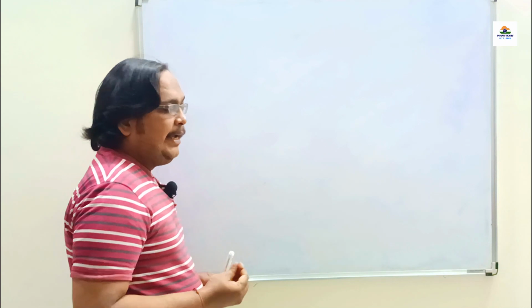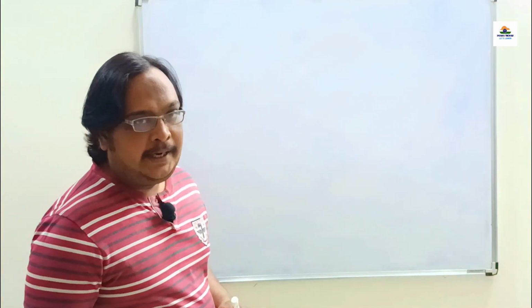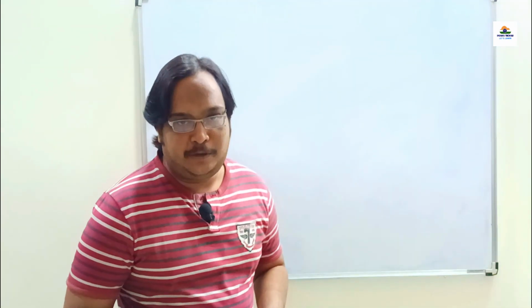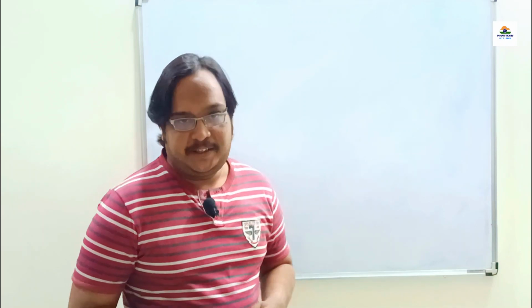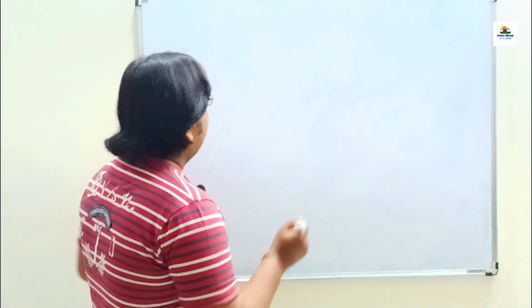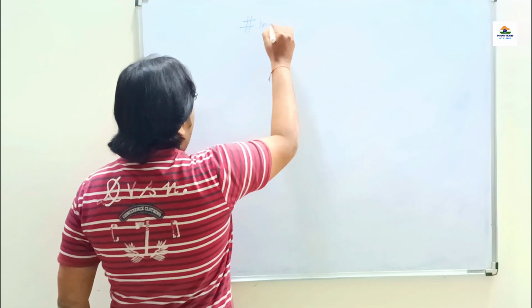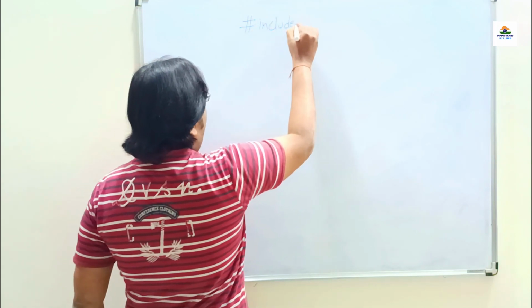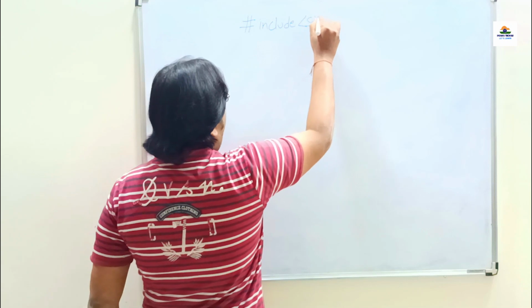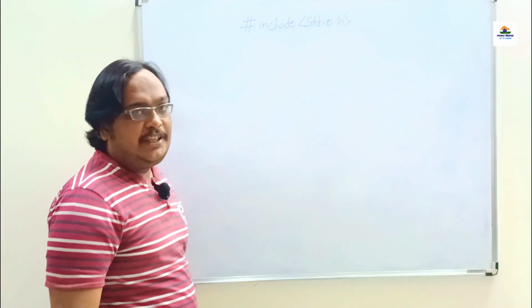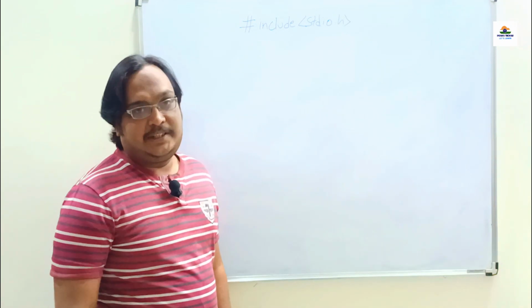Let me write a small program called area of a circle. Whenever we say area of a circle, you will get one formula in your mind, that is pi r square, right? So, the first section is the documentation section. If you have it, you write it down. Otherwise, the second section will be the link section, that is #include <stdio.h>, which is compulsory.